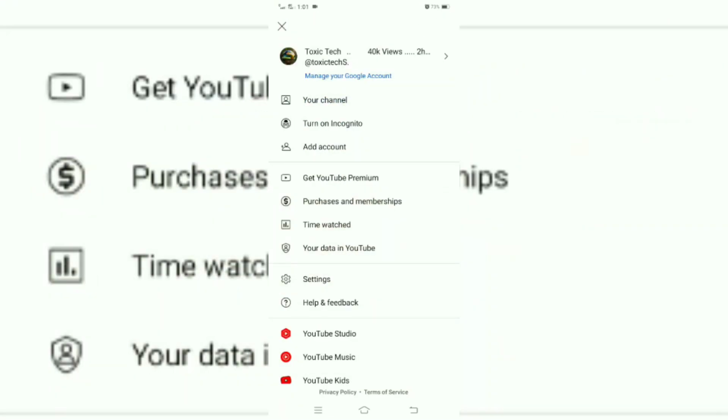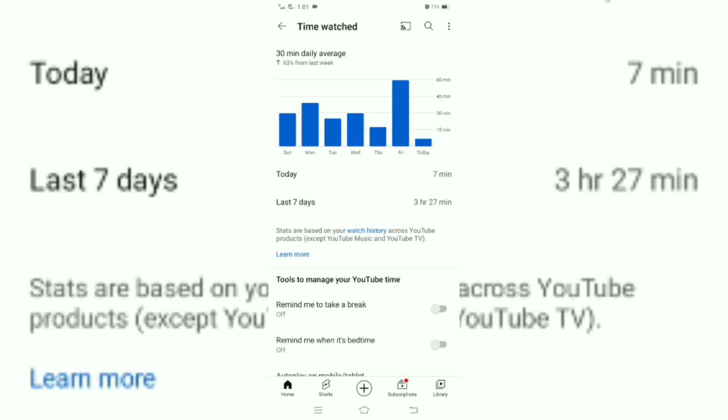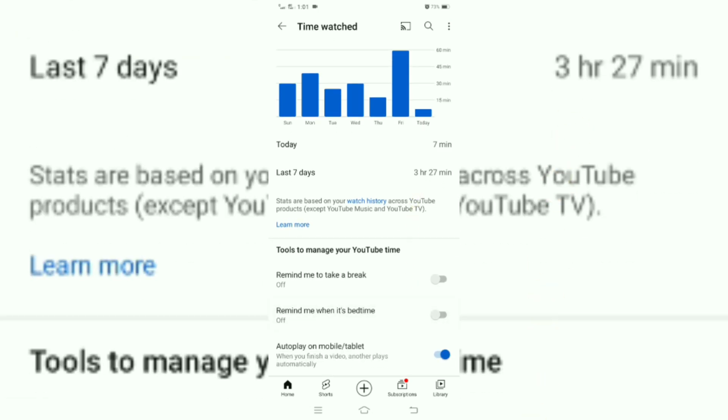At first, click on your profile icon on the top right corner and now click the time watched option. And then scroll down and you can see autoplay on mobile or tablet. Turn it off. This is the first step, and then go back